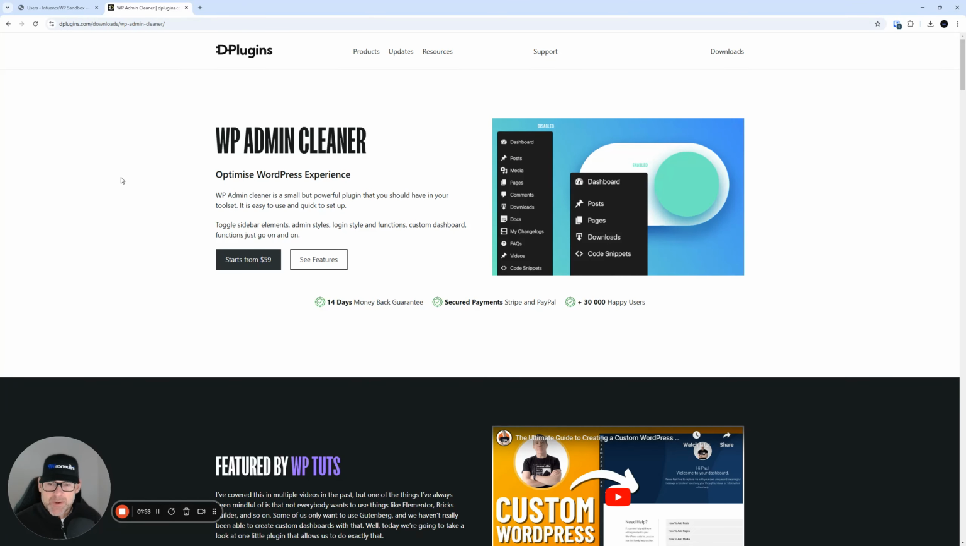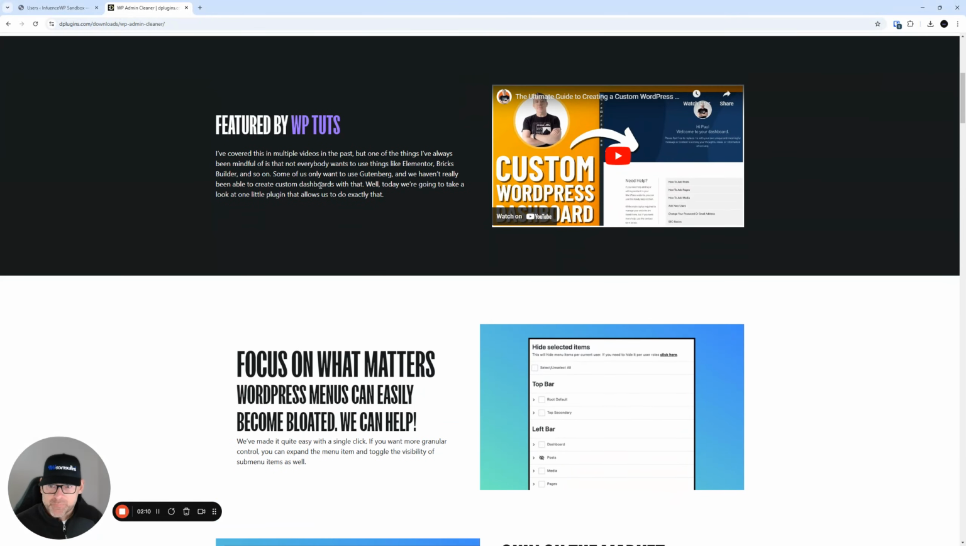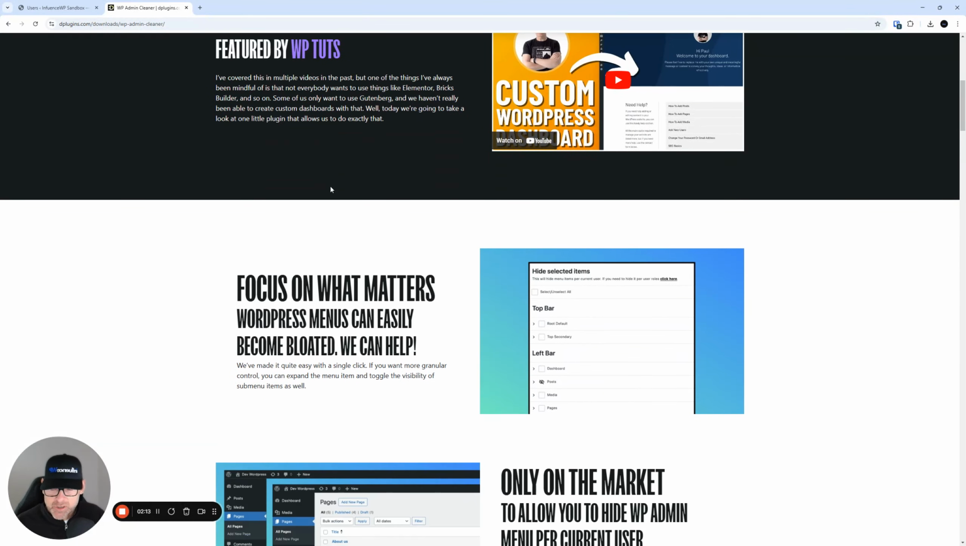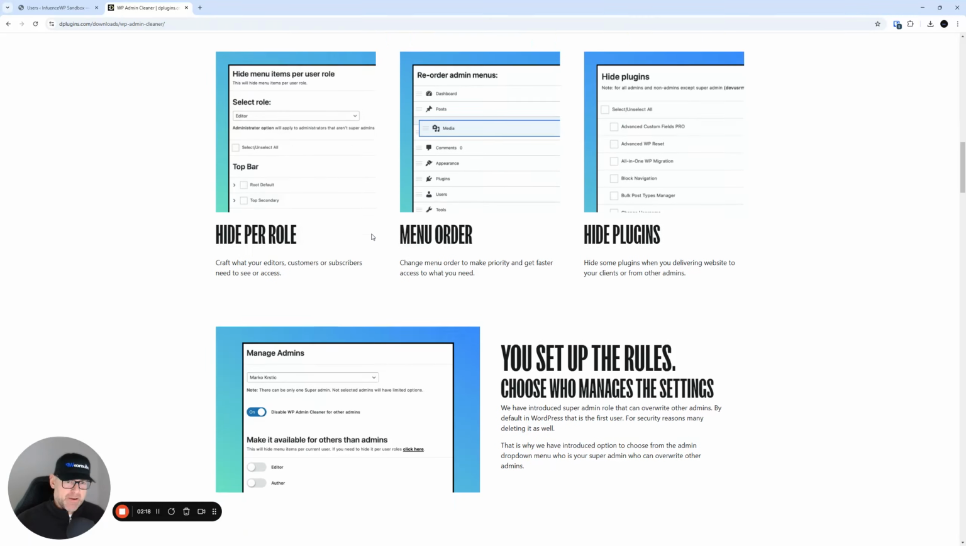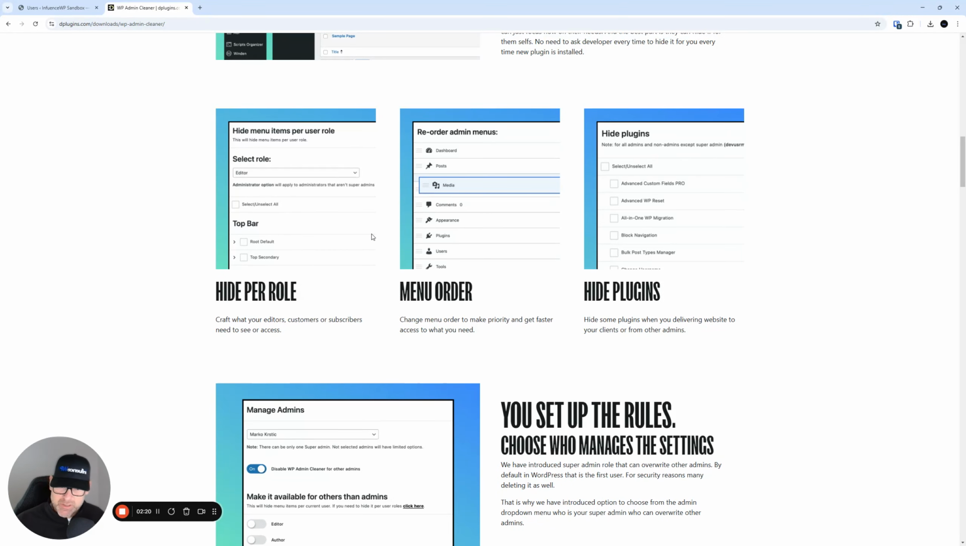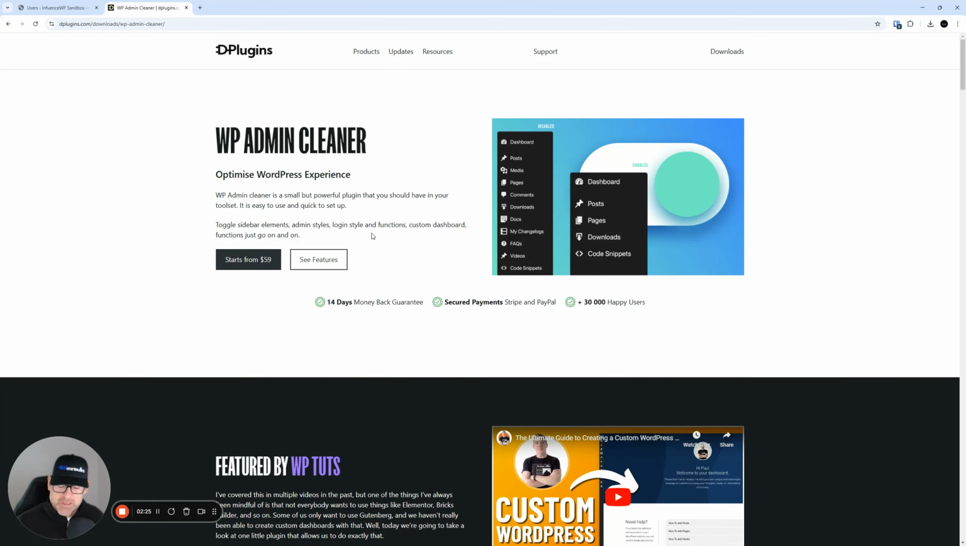WP Admin Cleaner: optimize your WordPress experience. It is a small but powerful plugin you should have in your tool set. It's easy to use and quick to set up. You can toggle sidebar elements, admin styles, login style and functions, custom dashboard functions, and there's just a ton of features here. We've got a video by WP Tuts and Paul Charlton over there if you want to check that one out too. You can hide stuff per role, adjust the menu orders, hide plugins, and things like that. Things that I think are going to be valuable just to clean up that WordPress dashboard for the authors